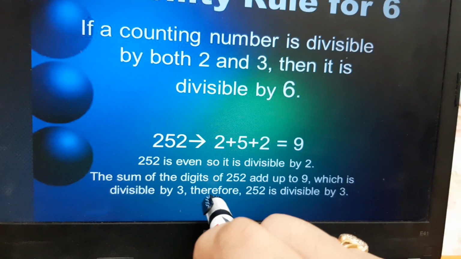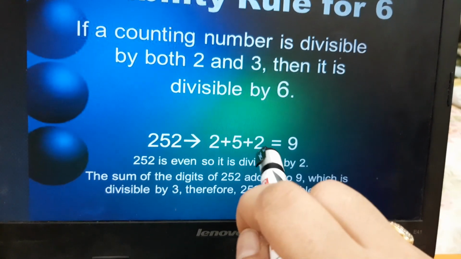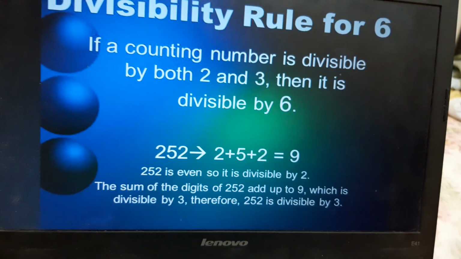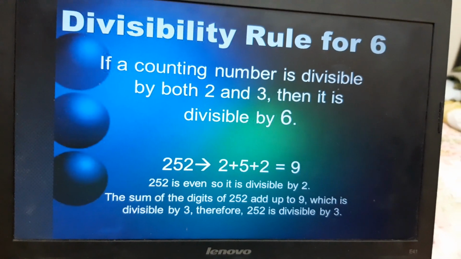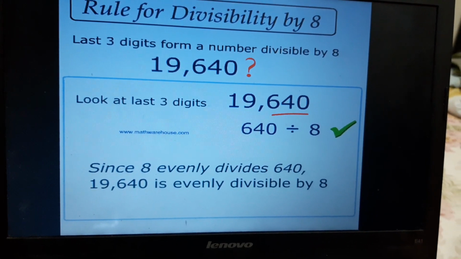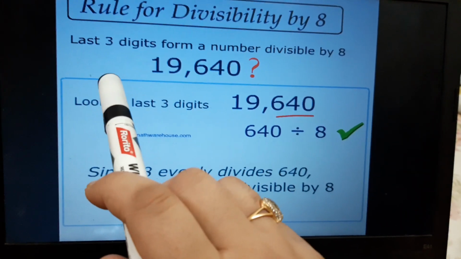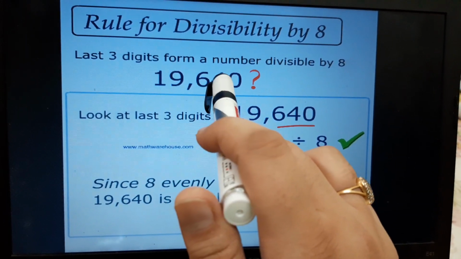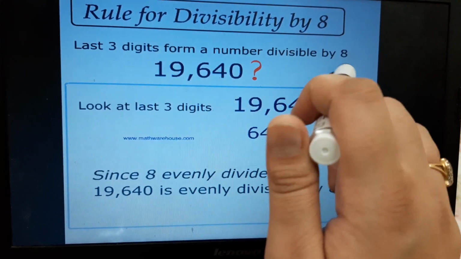So I can say 252 is divisible by 6 because it is both divisible by 2 and 3. Next is rule for divisibility by 8. Now this rule says last 3 digits form a number divisible by 8,